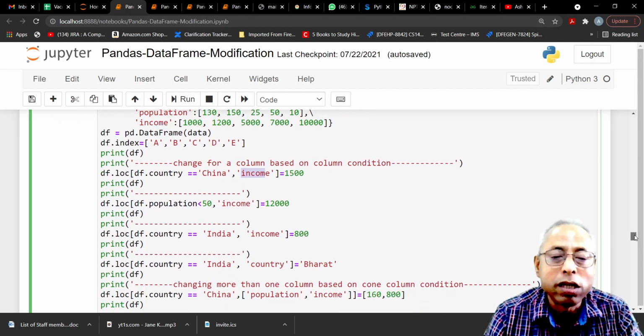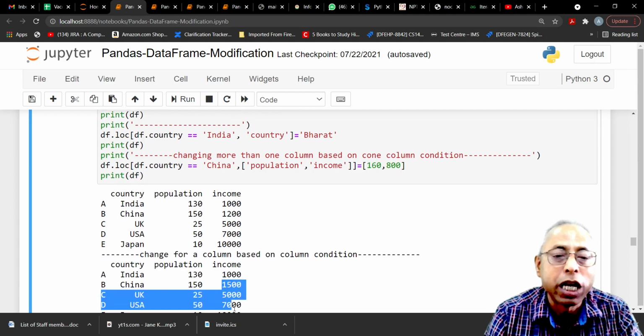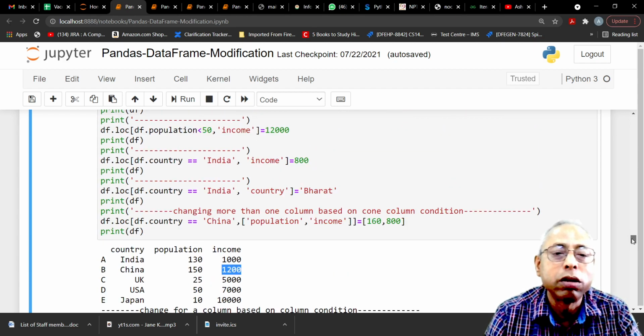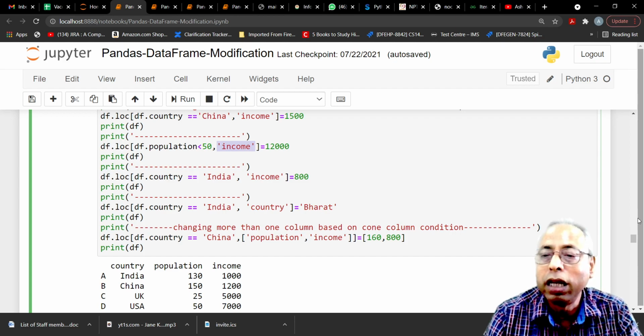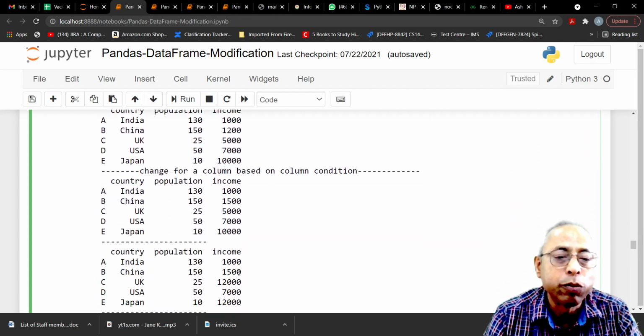And we execute this and you see that China's income has changed from 1200 to 1500. Okay. And I have done some more experiments with this. You see, if the population is less than 50, then the income should become 12,000.